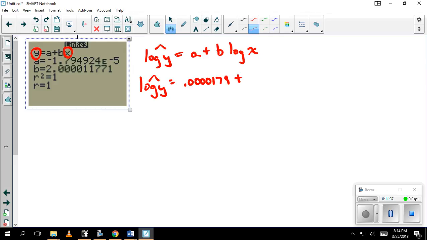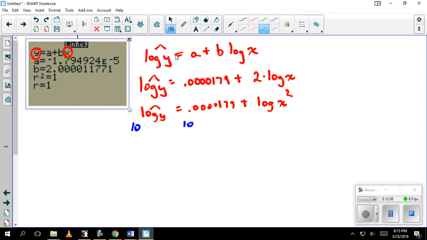179 plus, maybe I'll just call that 2 log of x for the time being. So that's the log of y hat equals that plus the log of x squared, or the log of x to the 2.000011771. So now I want to anti-log both sides. So I'm going to anti-log this side and anti-log this side. So the left now just becomes y hat. There's a little bit of an issue with that hat, but we're not going to be concerned with it right now. The right side is 10 to the